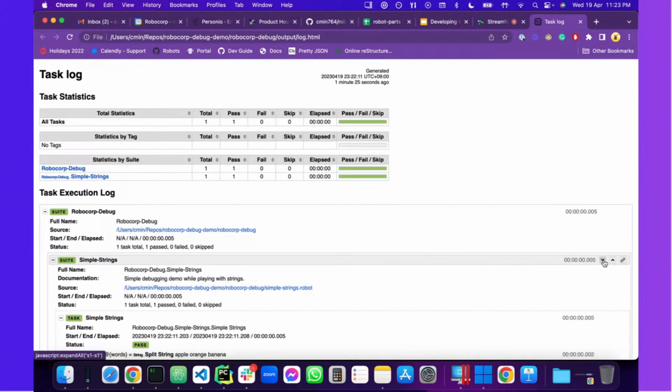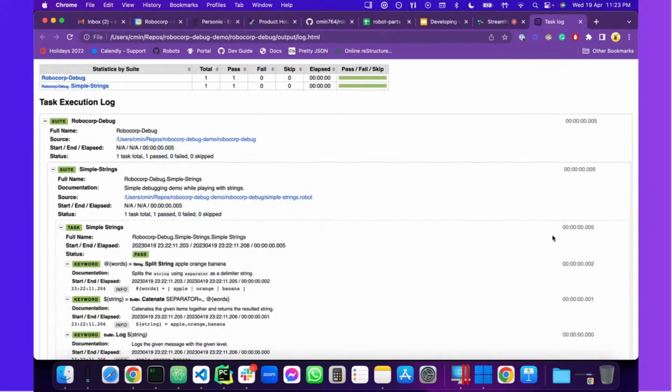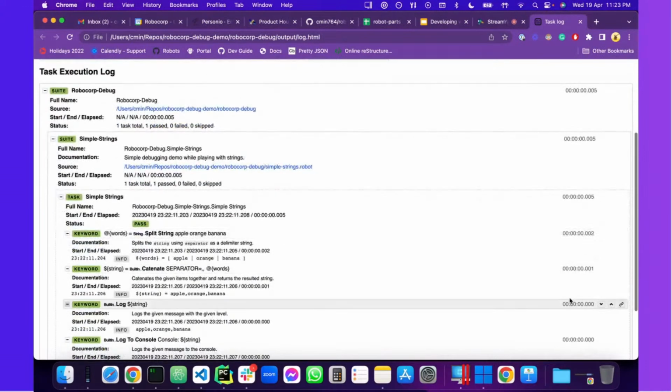If you click this little arrow here, it will expand everything. The next thing to look at are these timestamps, so you have an idea of how much time it took for any of those keywords to run. So if you spot anything that's crazy long, maybe you should investigate that further and see why it takes that much.